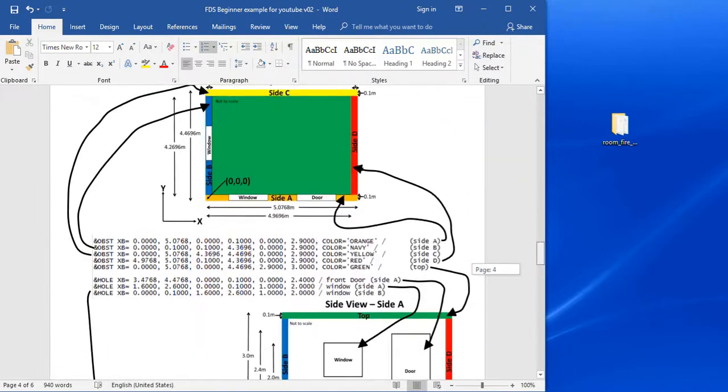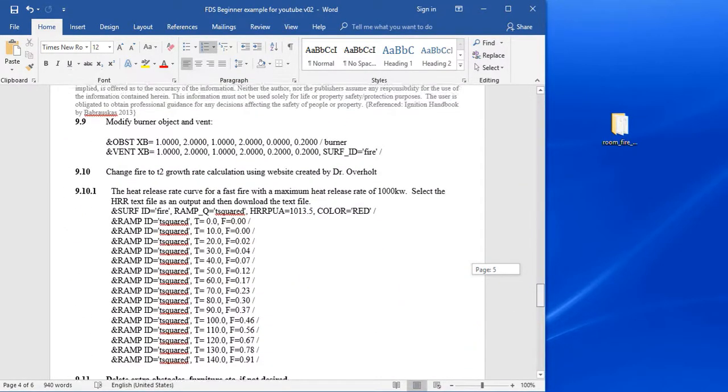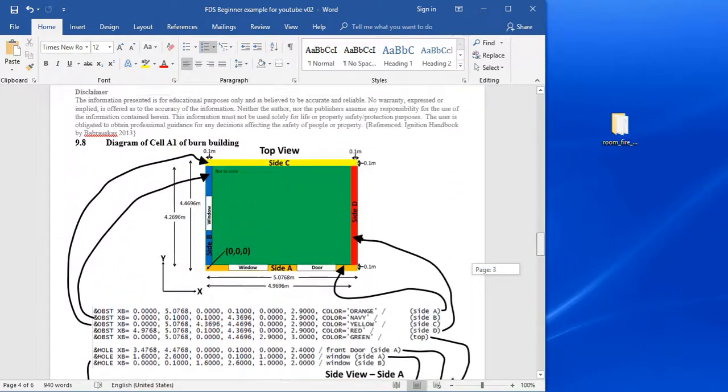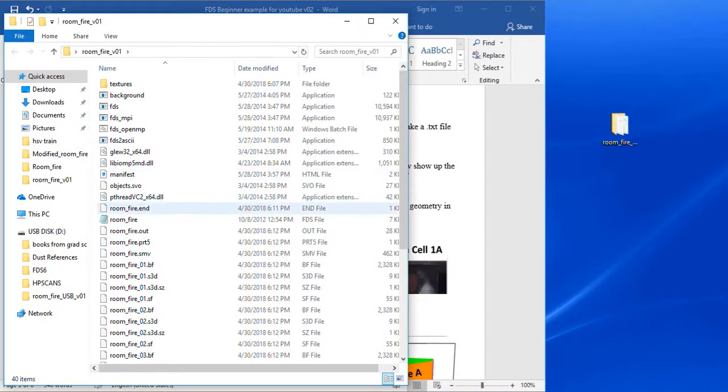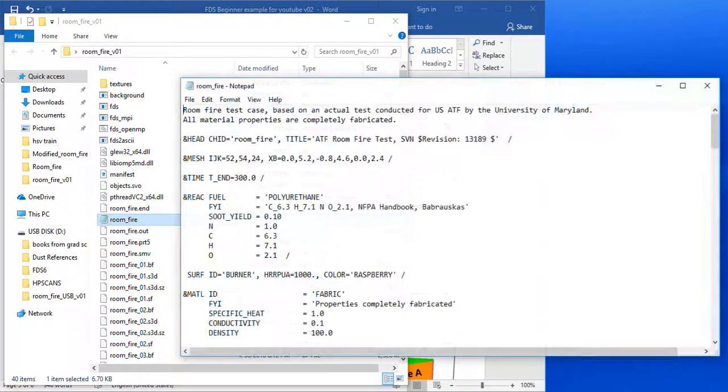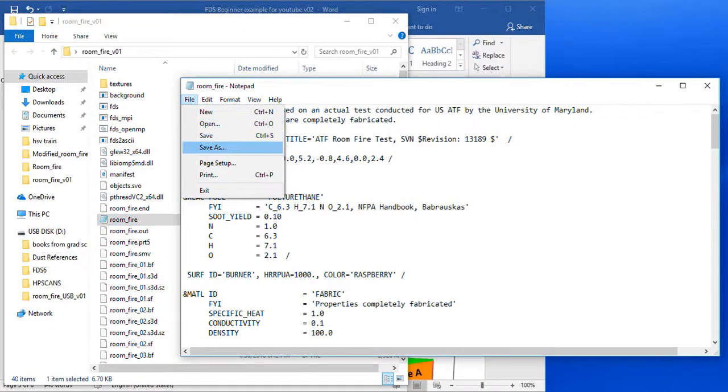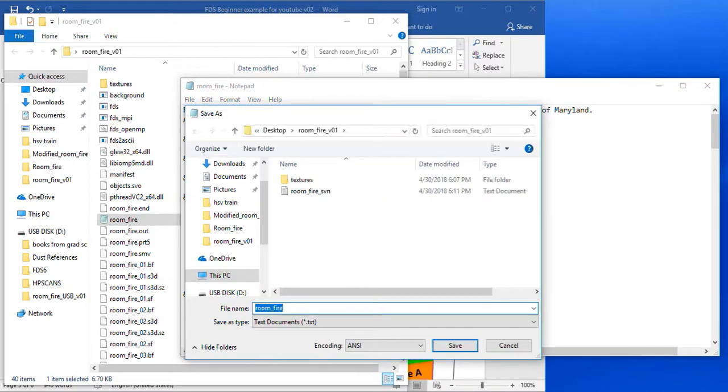Okay, so first thing we're going to do is we are going to copy. We have a room fire. We're going to take this, we're going to open this roomfire.fds file. We're going to save it as a new file, and so I don't have the option to save it as a .fds